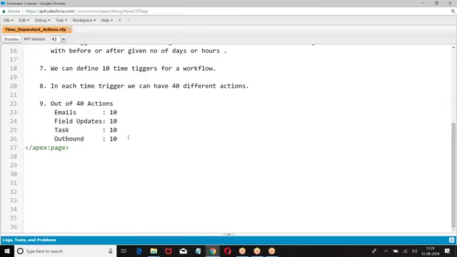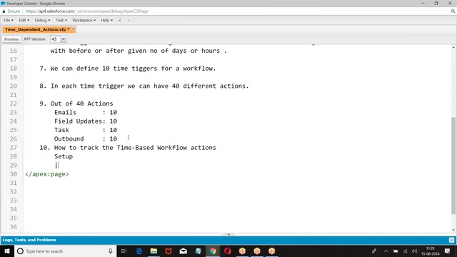Let us create one example. How to track time based workflow action. How will you track this?